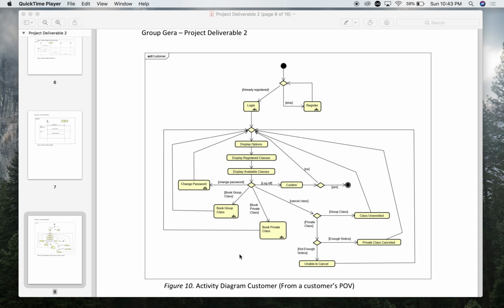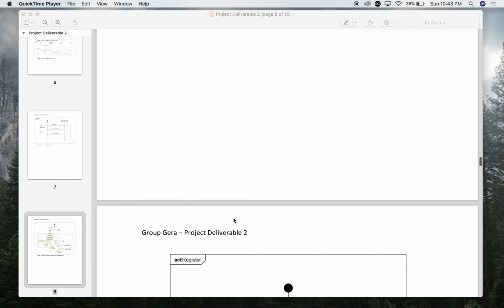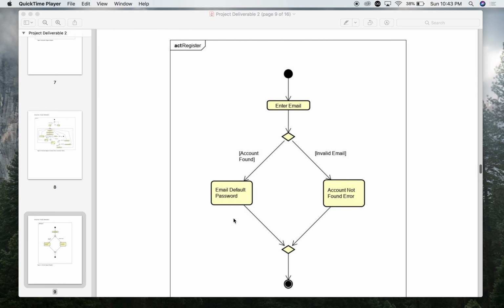In the specifications, it mentioned that there was supposed to be one activity diagram, but then it talked about each activity diagram, and it stated that we wanted to break down some of these methods like change password and book group classes. So what we did is we went ahead and threw in more activity diagrams that represent each of those